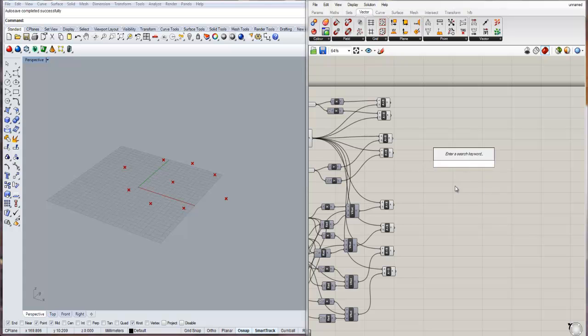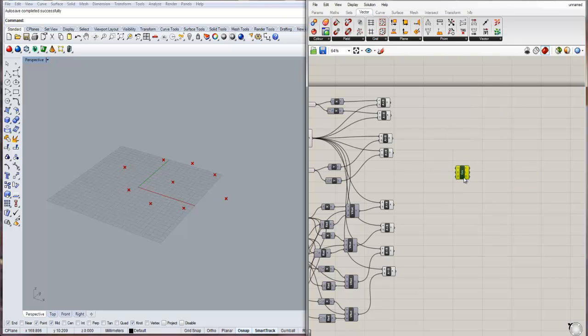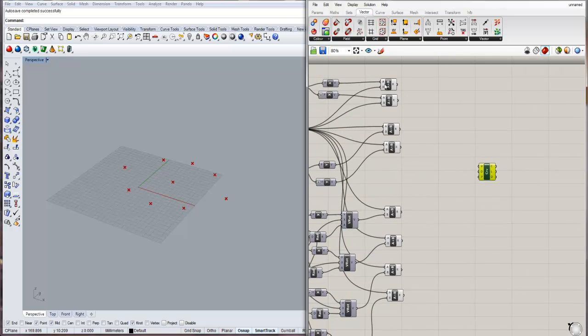And double click on the blank space and we'll type curve and use this one. Create a curve from control points and connect all these 8 points into this vertex, but you have to connect this in right order. So first one I'll connect this one, and the second one I'll connect this one. So press shift and link this to this vertex, and the third one is this one, so press shift, connect,